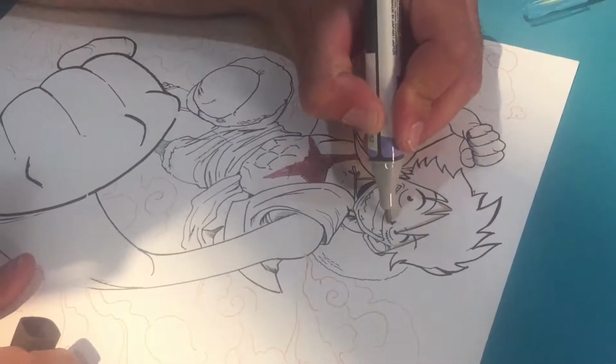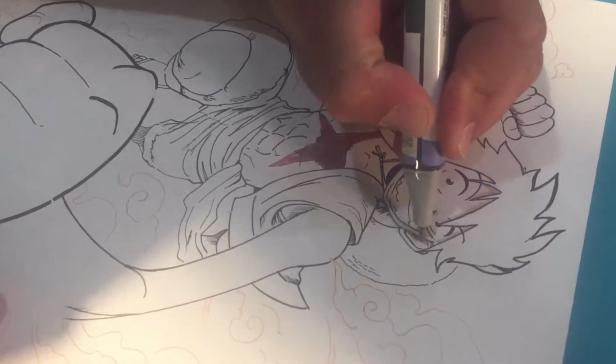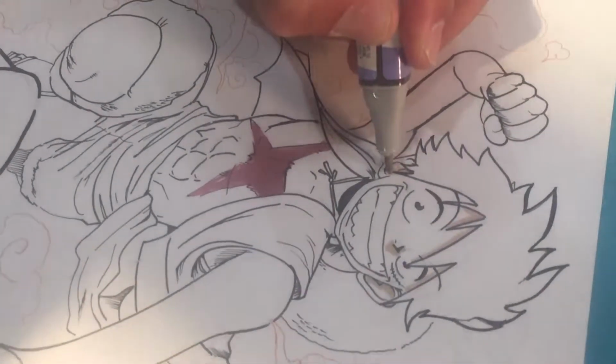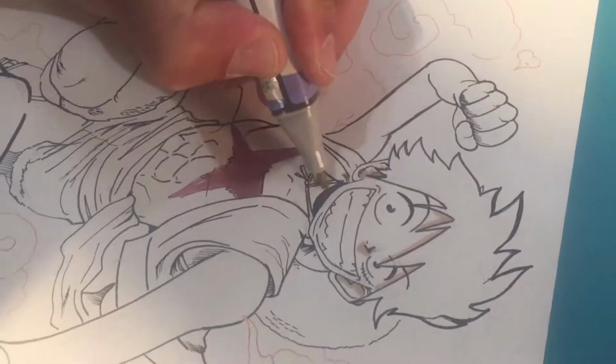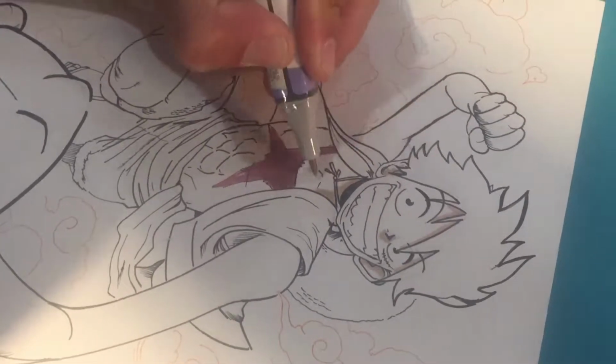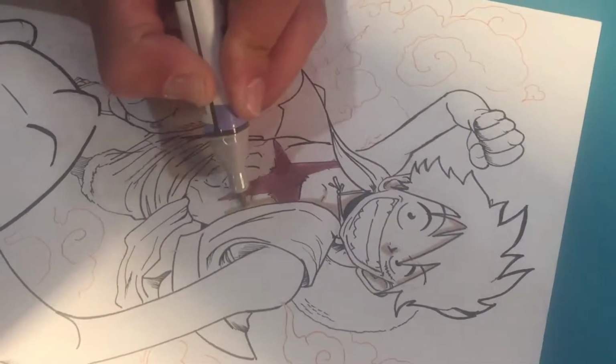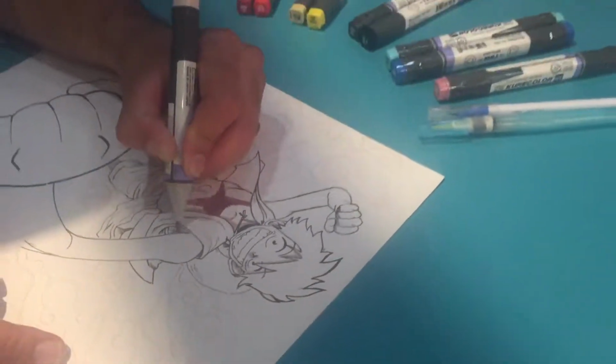So right here, we're going to come in and do some contours. I color a little bit backwards. It's just a personal preference. I color in my shadows first, because then I can blend over the top with a lighter color and create a gradient. All right, so while Adam is continuing to work on his graphic artist piece,